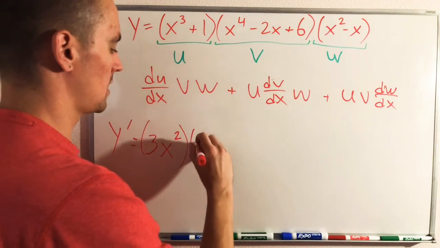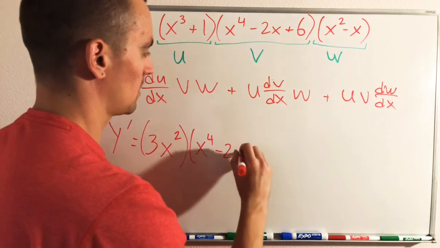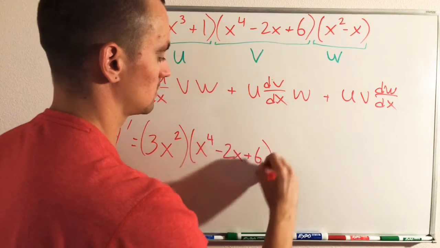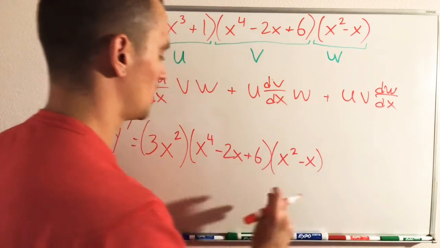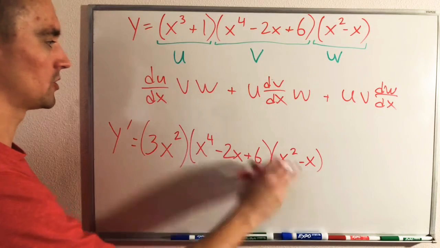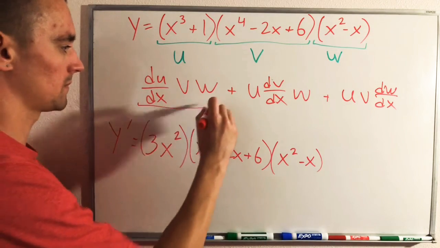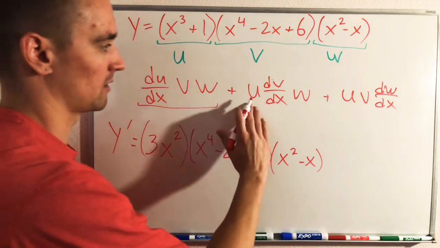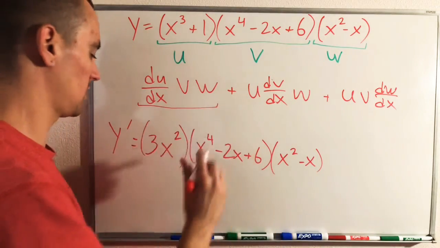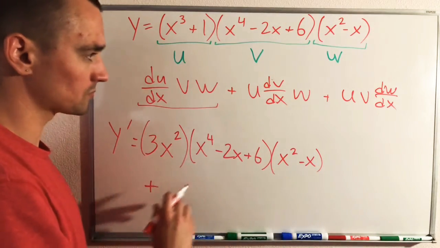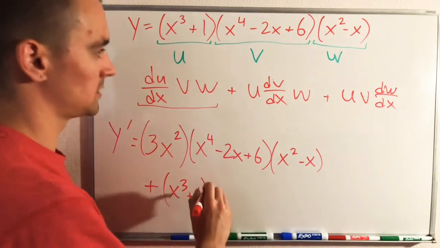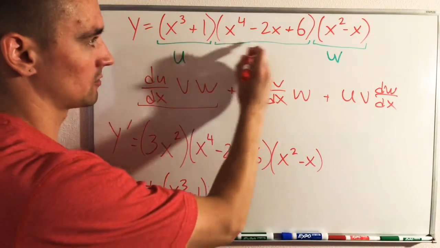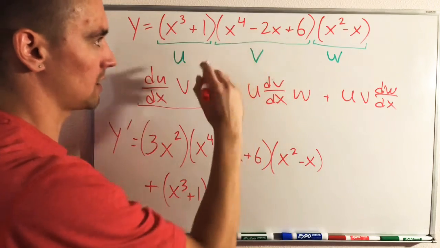So we're going to get x to the 4th minus 2x plus 6 times x squared minus x. So this multiplication here is just this first term here. So now we'll do the same kind of thing with the next 2. So then we're going to add plus u, so this first piece, times the derivative of v, so times the derivative of this whole thing, which again, we can just use power